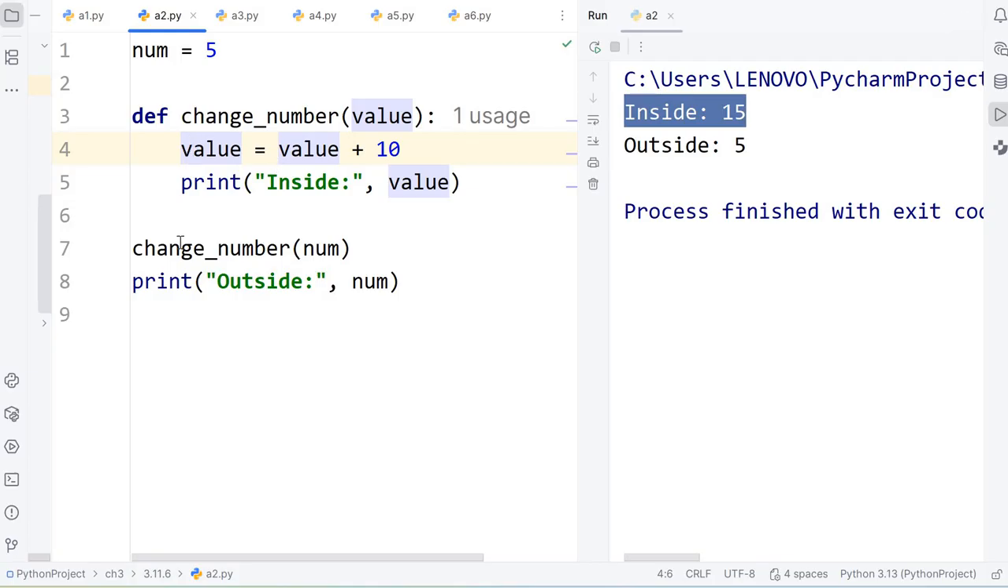When you come outside from the function, that is line number 8, print outside num. It shows the num value is 5, and it is still there, it shows 5. Okay,